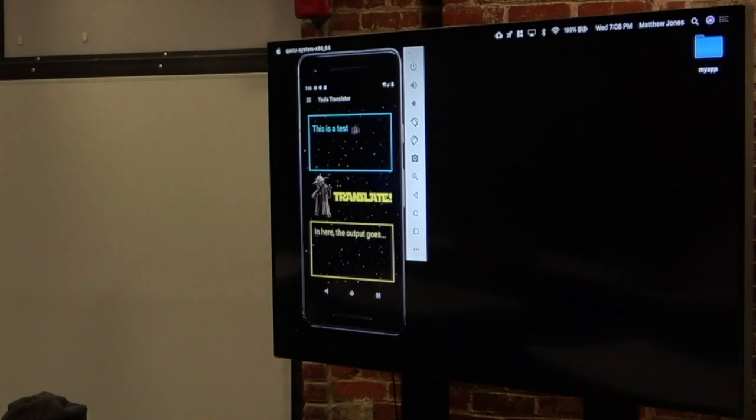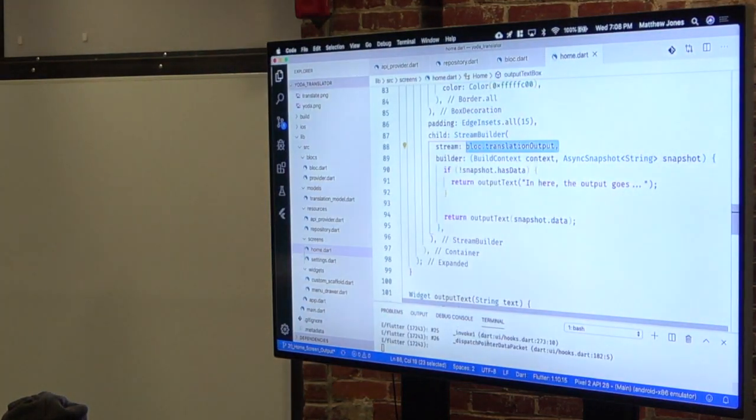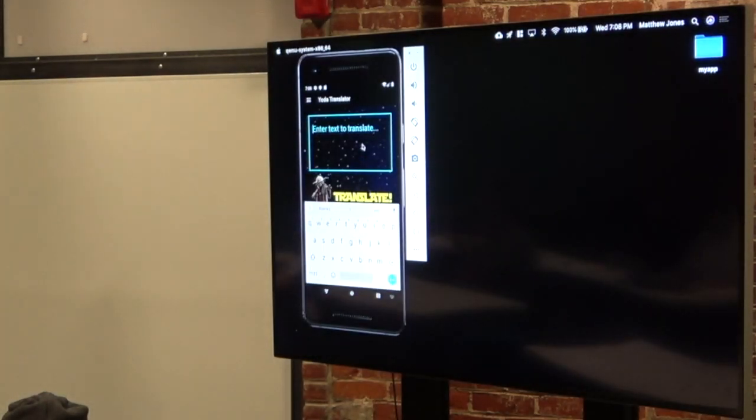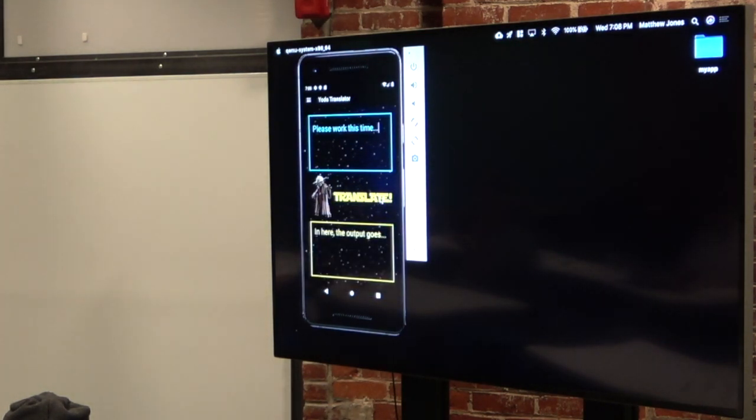So if the API was working, we would, let's go ahead and hot restart it. And the API is just not working. Really not getting a response, so sorry guys.